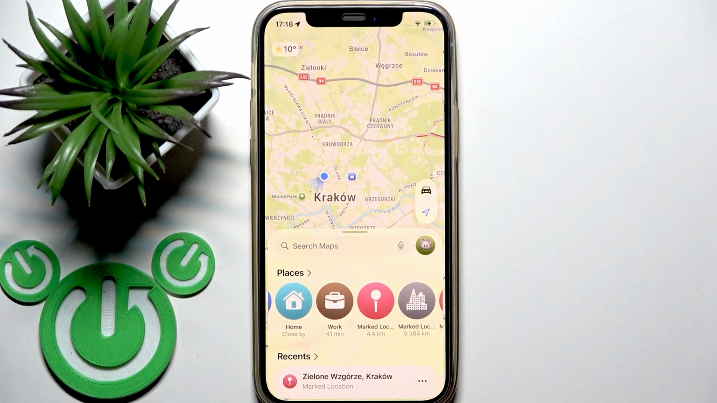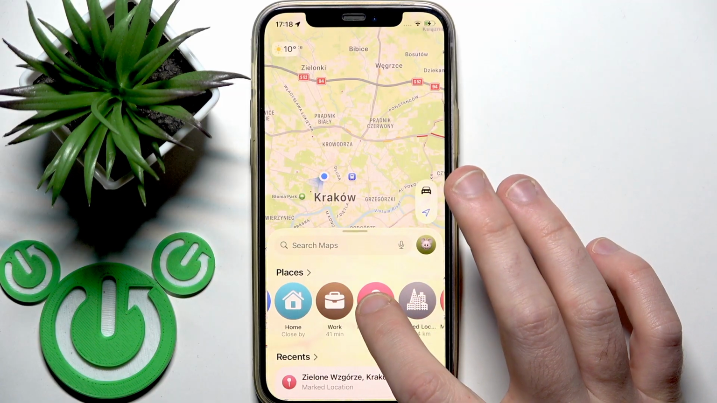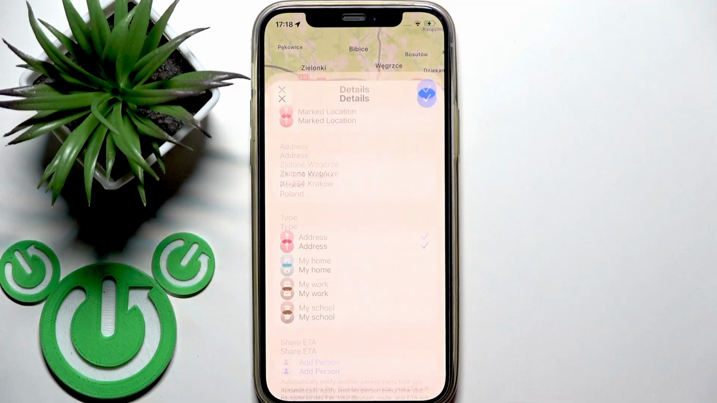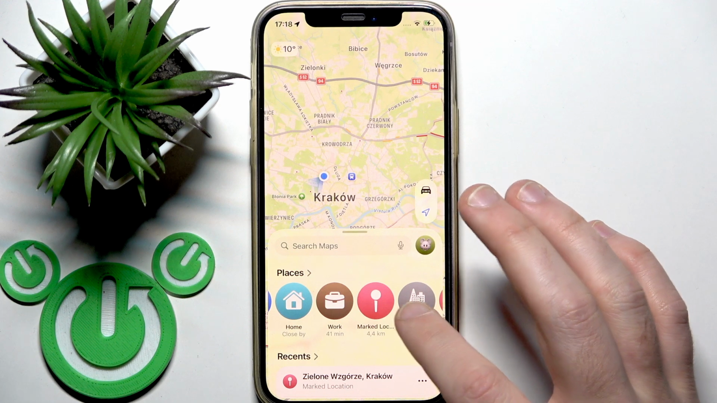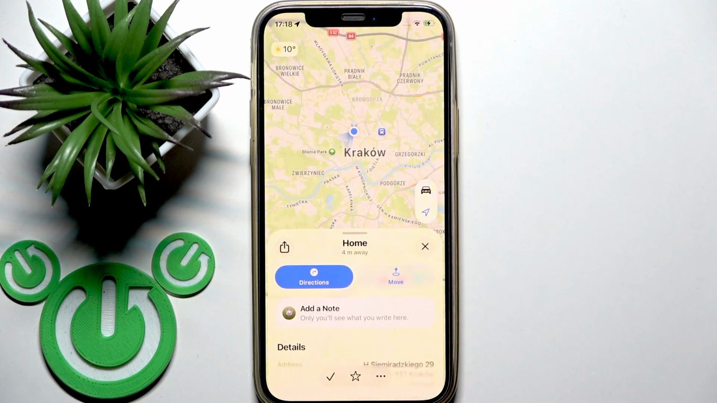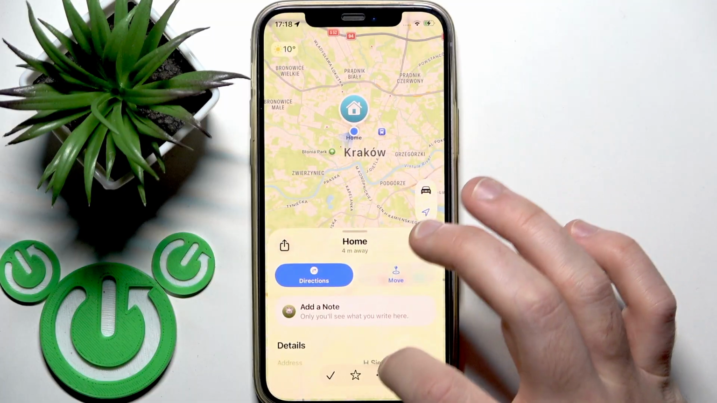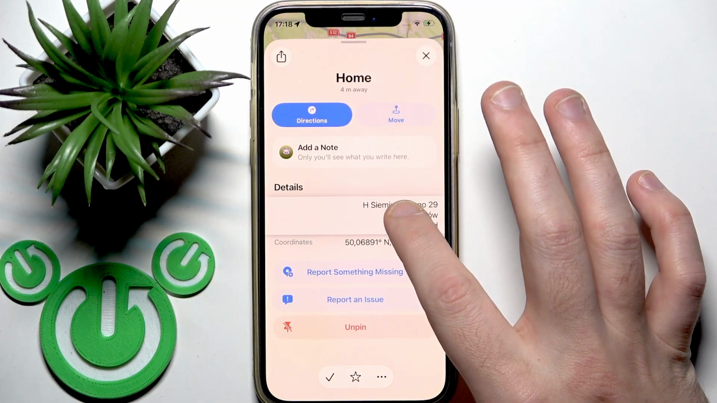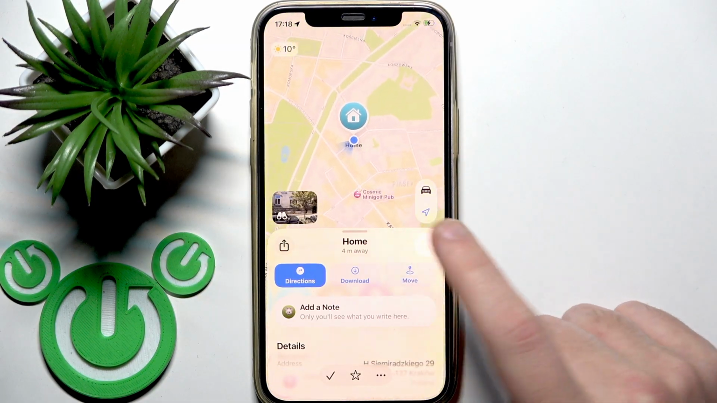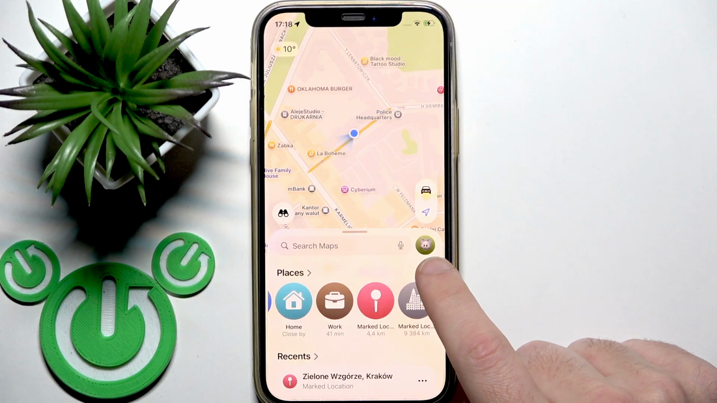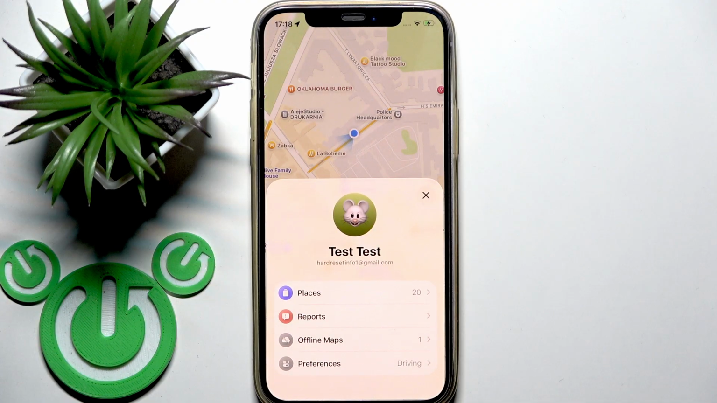It's the same with a marked location. So right here I have one, I click on it, edit details, and again nothing. If I click on it, let's say on home, I have directions and I cannot change the address right here, only copy it. So to remove it, click on the profile icon at the right side and move